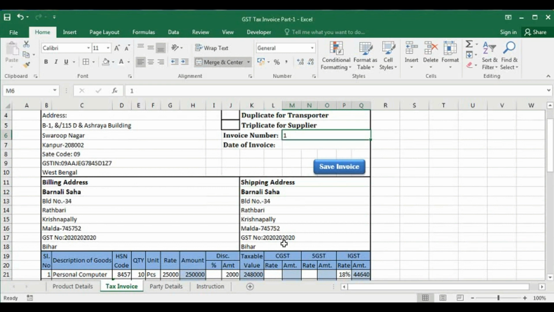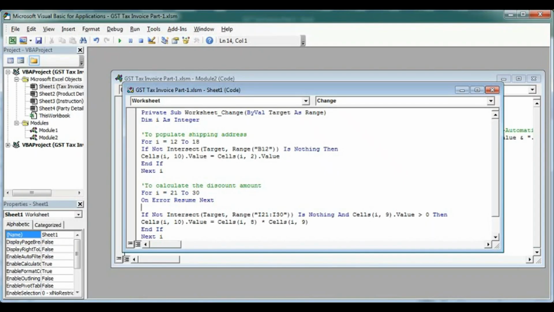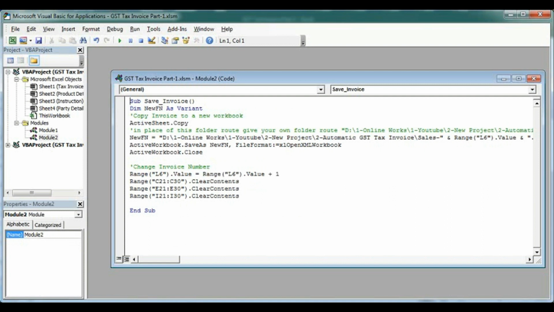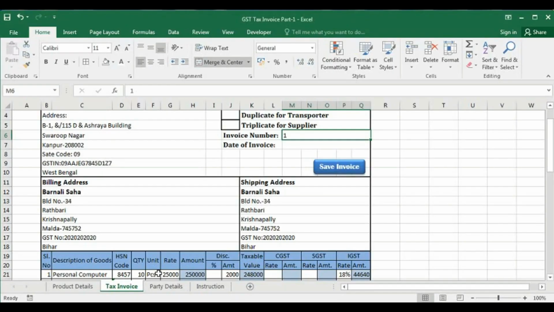So next we'll go to VBA code, and here we got 10, so it will be 11 because it became K, from J to K. And in another module, here it is L6, so now it will be M. So this should be changed, otherwise if you don't change these codes, your save and populating the shipping address will not work properly.